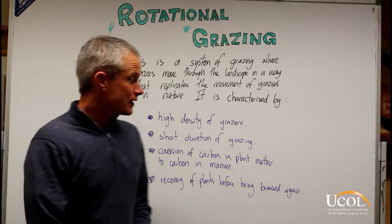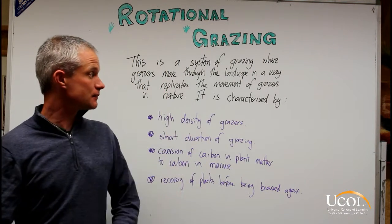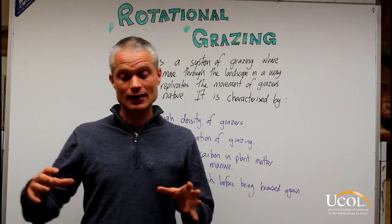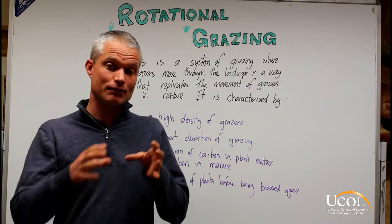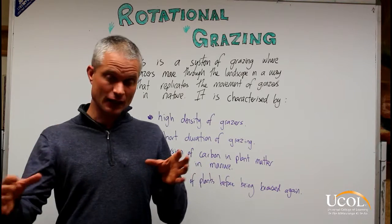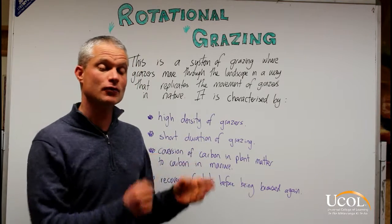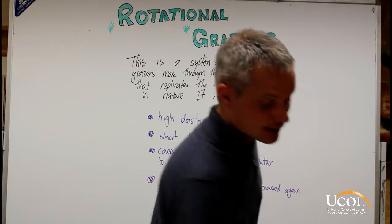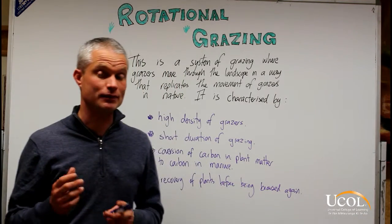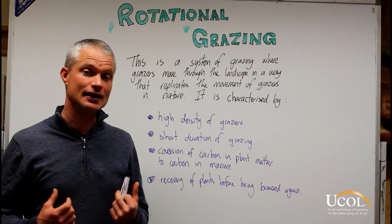Rotational grazing is a name given for the type of movement of livestock through a farm system. It's characterized by the high density of grazers concentrated in a small area and being moved along at a very short duration of time. Generally you'd have a large number of livestock contained by a mobile electric fence, and you'd move that mobile electric fence every day so that they are on fresh pasture, and the time in which they're on that particular pasture, they're having a big impact on it because they're at a high density, and they're converting a lot